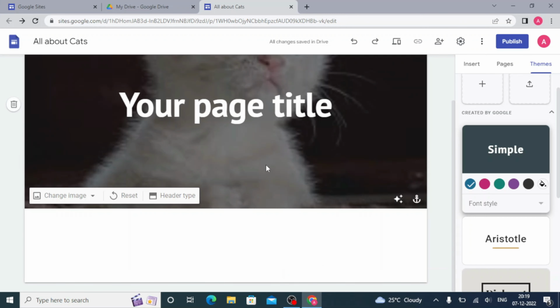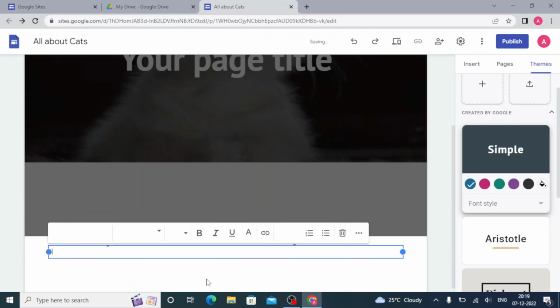Next step we will go with is the bottom of our page, which is the footer. When you hover over here, add footer will appear, and when you click on it, a text box will appear which will go across your screen. And footer is where all the links of your social media like YouTube, Instagram, Facebook are given, and the FAQs about your website are given. So I will just write this